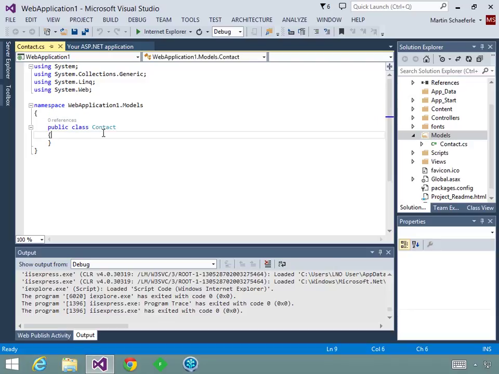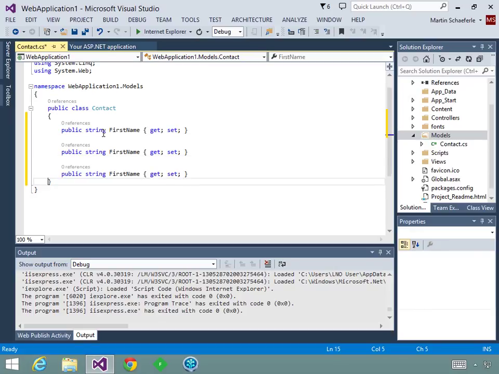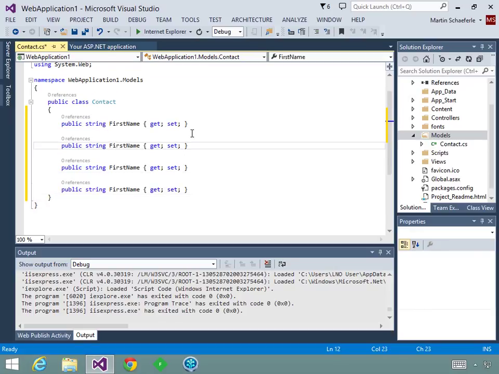Now in here, we're going to keep this really, really simple. We're going to put in four properties: public string FirstName get set, and we're just going to copy this. So we'll have FirstName, LastName, Email,